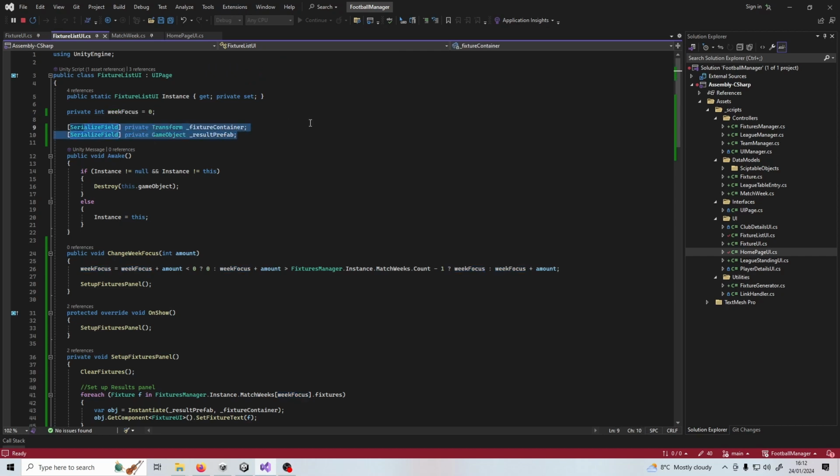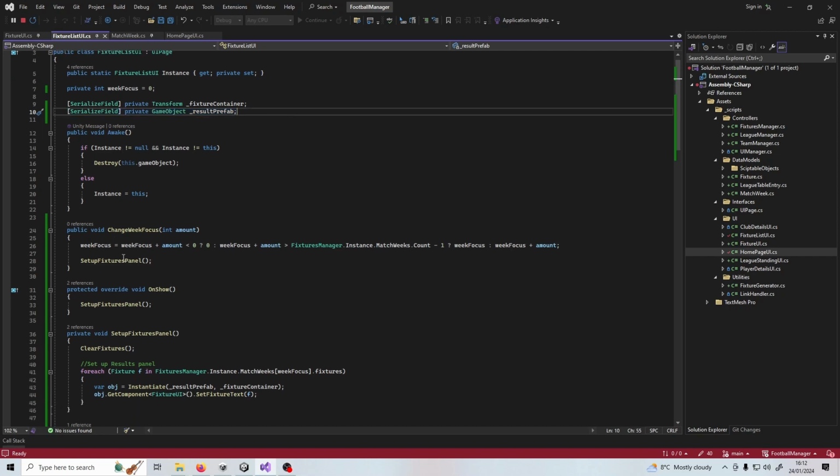Just like before, we need a fixture container to hold all the fixture user interface. And then we also need to assign the results prefab again. And you might get a red flag here looking at this, because we've now assigned this twice, and that is why in a lot of games I set up a prefab manager, so that is likely something that we will do for this project. We want a public void change week focus with an int amount parameter,